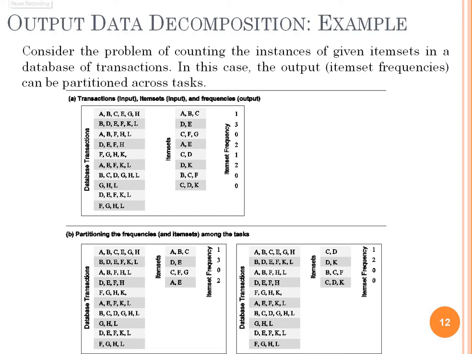Now, this figure consists of 10 transactions and we are interested in computing the frequency of the 8 item sets shown in this column, and the actual frequency of those item sets in the database, which are the output of the frequency computing program, as shown in the third column. For instance, item set DK appears twice, once in the second and once in the 9th transaction. So the frequency is 2. In this way we can calculate the frequency.